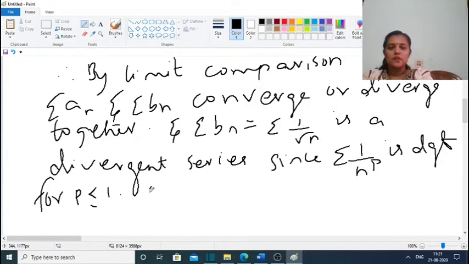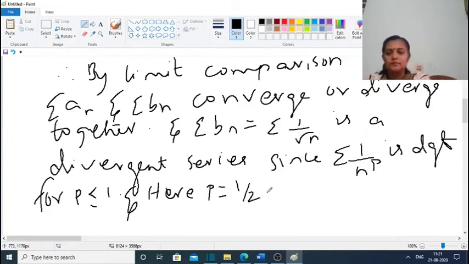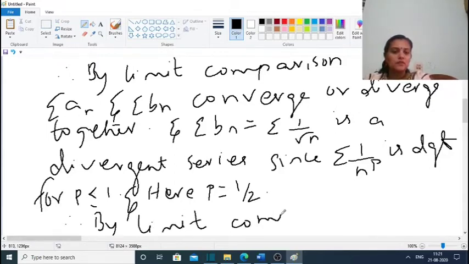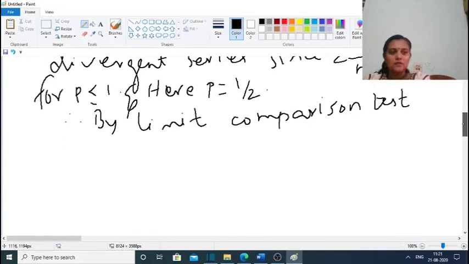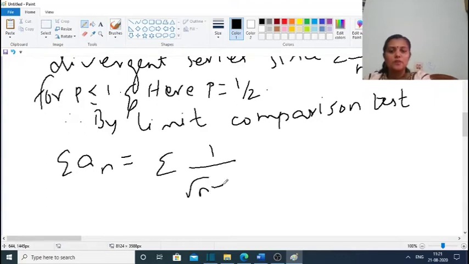So here p is equal to half. Therefore, by limit comparison test, sigma an, which is equal to sigma 1 by root of n plus 1, is also